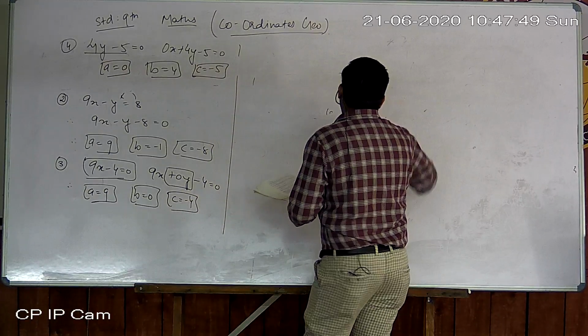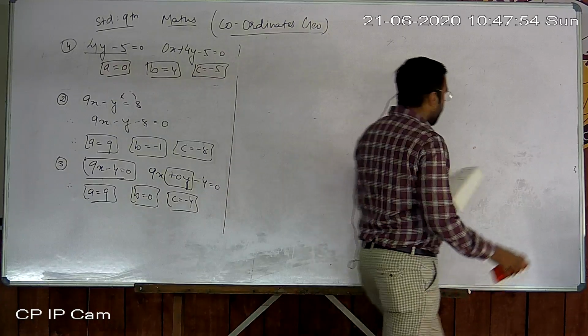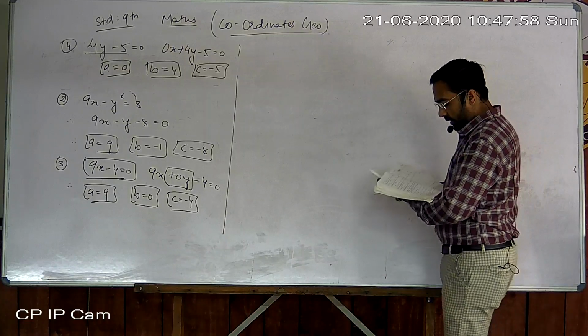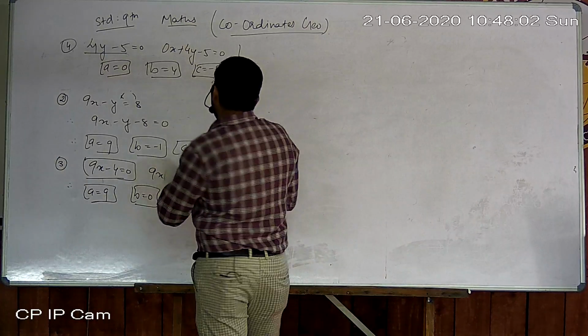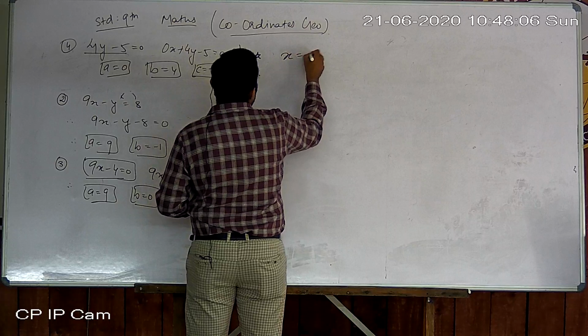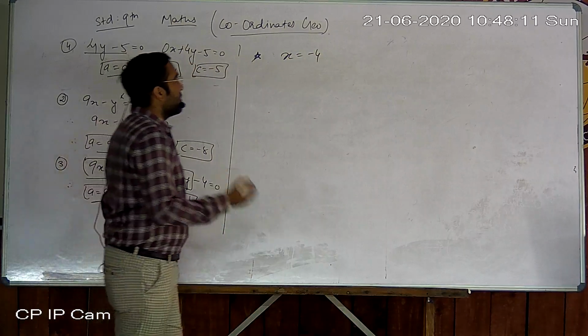We are going to another type of example. Now you have to write each of the following in two variables x and y. Here is x equal to minus 4, x equal to minus 4. So as per